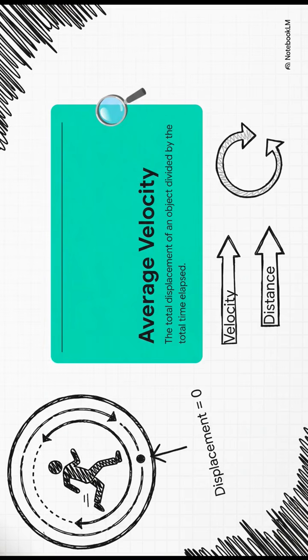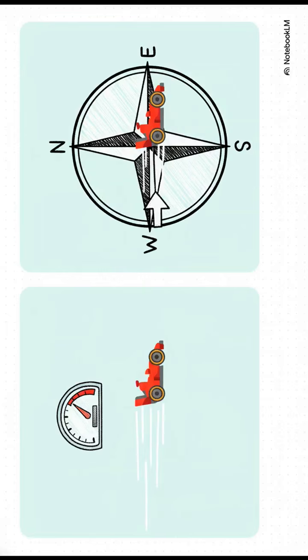Sounds totally weird, I know, but it's true, because from a physics point of view, they didn't actually end up anywhere new. So here's the bottom line. Speed is a scalar. It's just a number on your speedometer. It tells you how fast. Velocity, though, is a vector. It tells you how